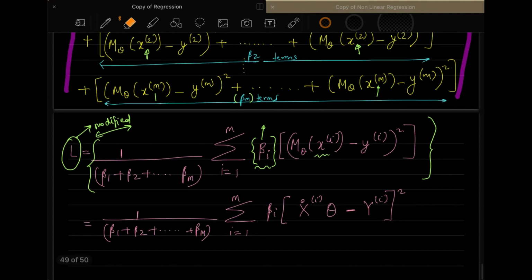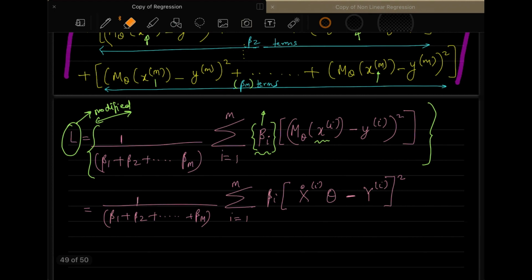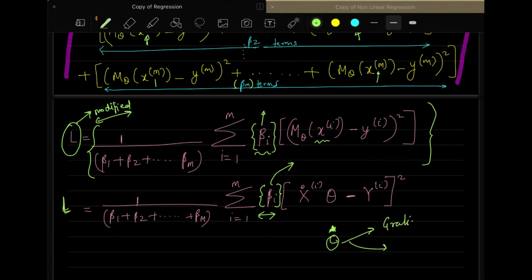And now once you have this loss function, you do the same derivation that we have done earlier. The only difference is that we have this beta i also, and you have to incorporate this beta i. You will all agree that once you do the derivation that we have done earlier, the optimized value of theta hat that we obtained through either gradient descent or the normal equation will have this beta also in that equation. So any questions here regarding this?